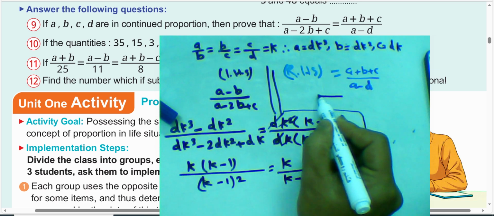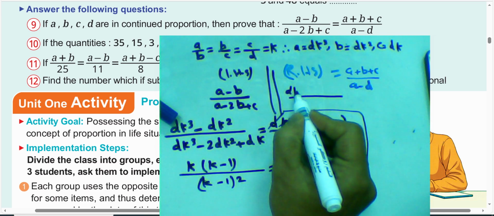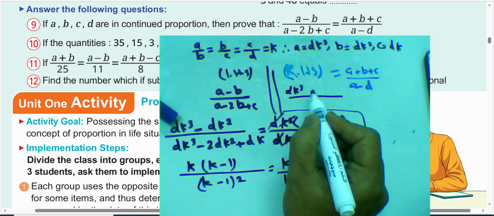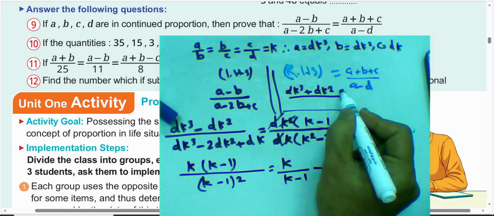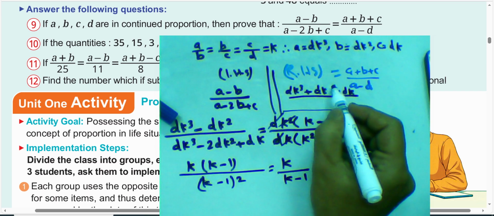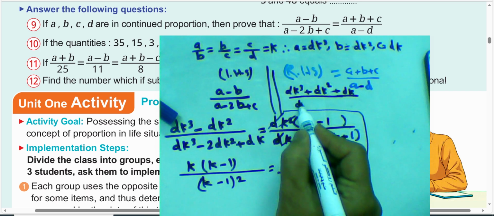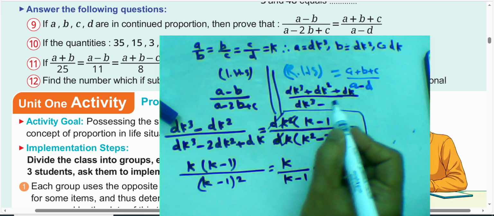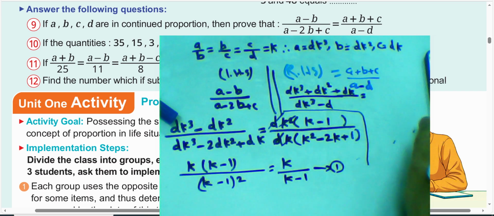I will solve here. Okay, a plus b plus c. a was dk power 3 plus b was dk power 2 plus c was dk over a minus d. a was dk power 3 minus d, equal